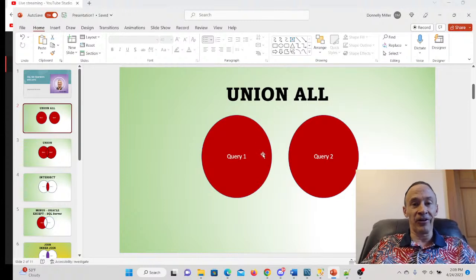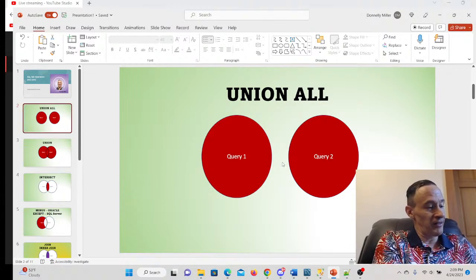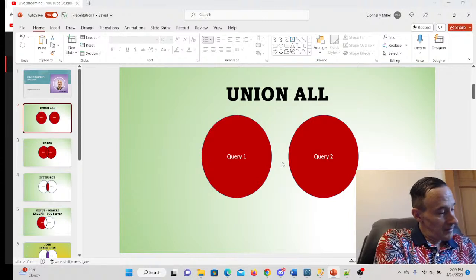So how this works is you can pretty much select from two different tables using, and I'm going to make sure I got my comments on here, lower my volume on my phone, see if I got any comments coming in here. All right, cool. All right, so it looks like I don't have anyone coming in yet. Okay,